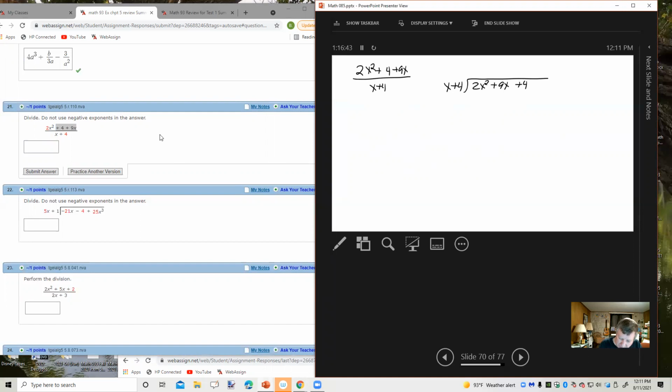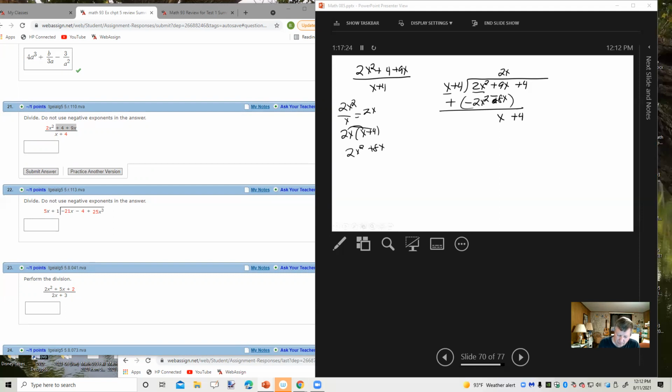All right, so leading term on the inside divided by leading term on the outside. 2x squared divided by x is 2x, which goes up here. Then we take that times the divisor, the x plus 4. We get 2x squared plus 8x, which we put there. Then we subtract that quantity from what's up above, but we change it to addition of the opposite and add up the columns. 0x squared, 9 minus 8, that's plus, so we get a plus 1x,